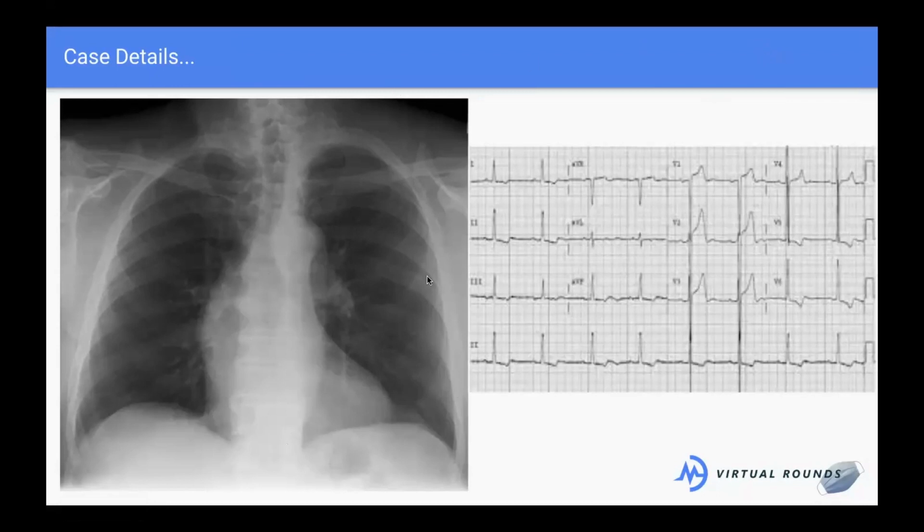Okay, so that's a great point. Someone is asking if these are ST elevations, which would be indicative of a heart attack. I would not necessarily call these ST elevations. They do look a little peaked. Mr. Pena is not having a heart attack. I might have picked a poor EKG.